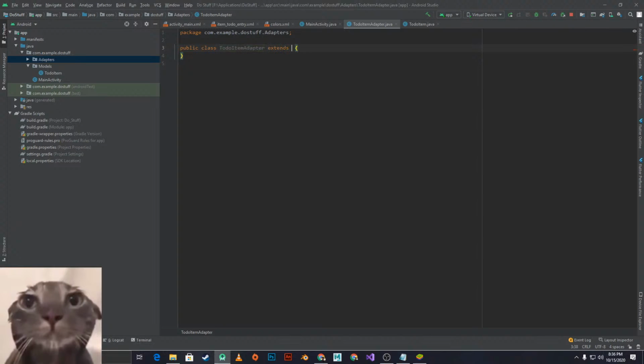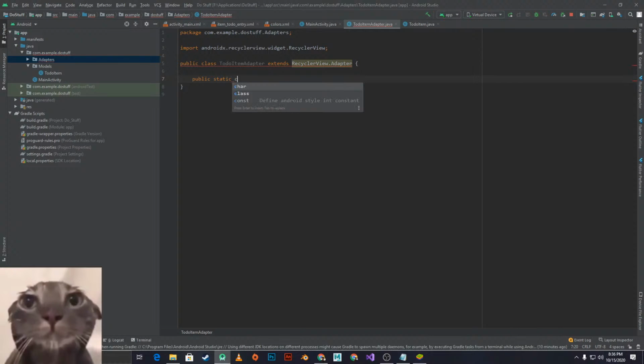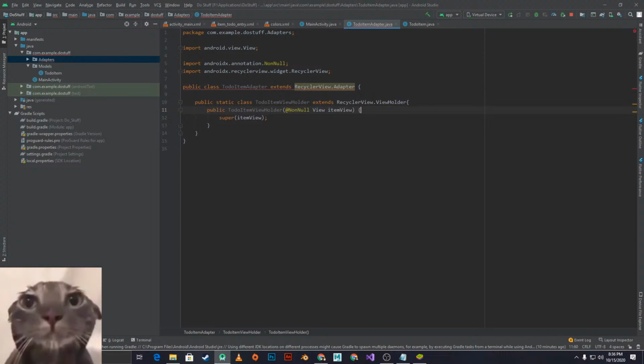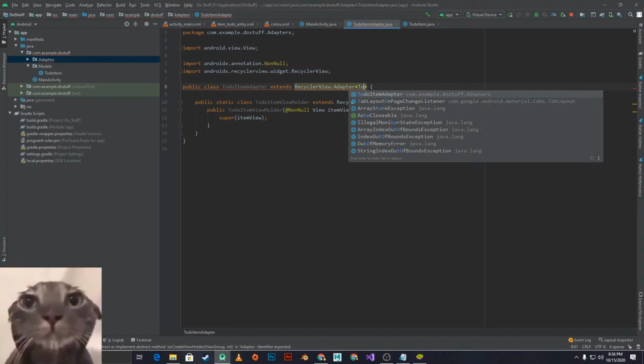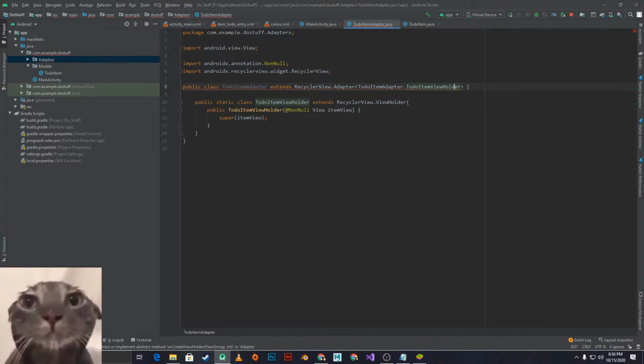So this extends the RecyclerView adapter here, and then we need a view holder inside of this. So we would say public static class, whoops, ToDoItemViewHolder, and this has to extend, of course, a ViewHolder. And then Alt+Insert, put the constructor, and then we pass this view holder into this RecyclerView adapter. So we would open up this right in our ToDoItemViewHolder, and then we can